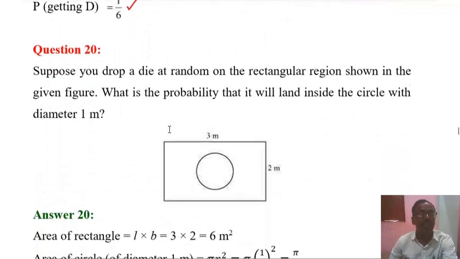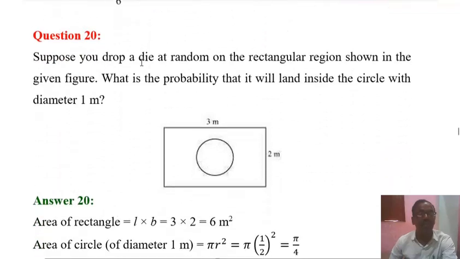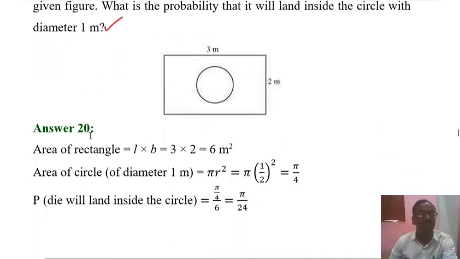Let's see question number 20. Suppose you drop a die at random on the rectangular region shown in the given figure. What is the probability that it will land inside the circle with diameter 1 meter? So see here, area of the rectangle will be length into width, equal to 3 into 2, equal to 6